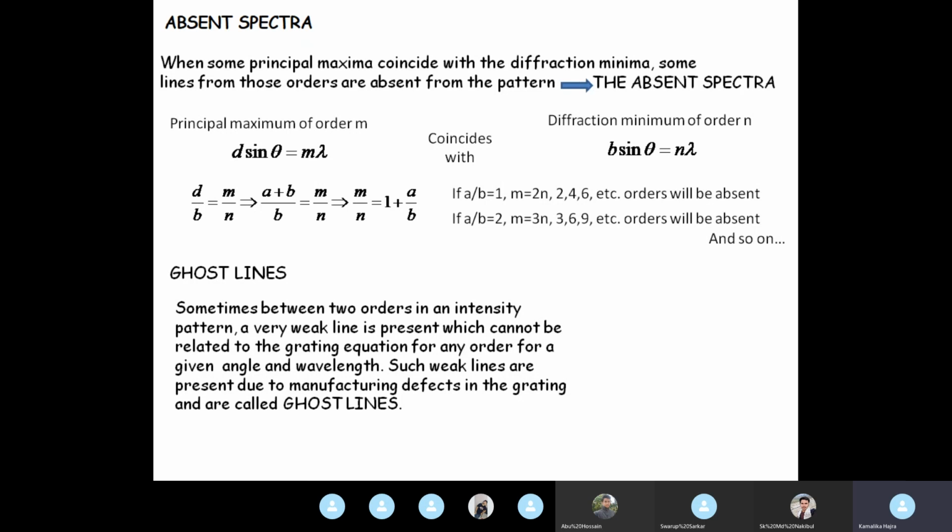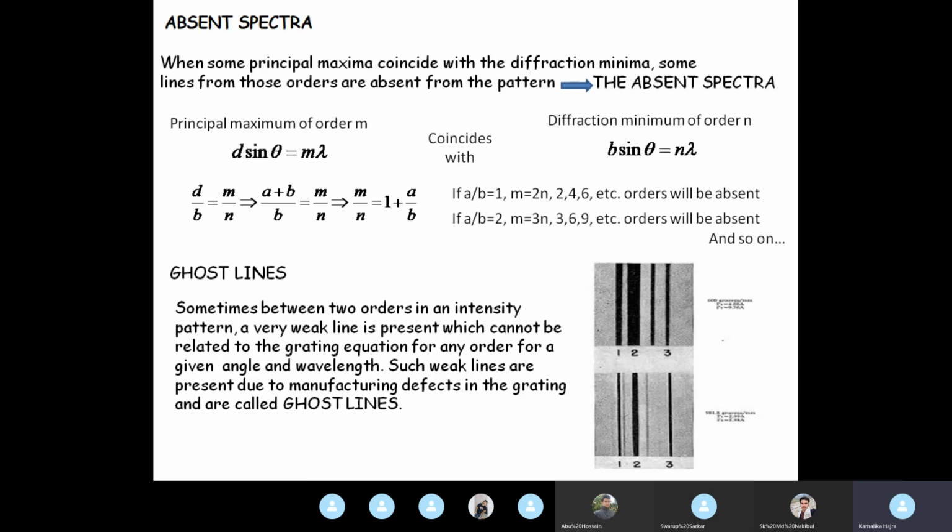So basically, these faint lines that sometimes appear on the screen cannot be accounted for. They typically result from defective manufacturing. You can understand that in the factory, when a grating is manufactured mechanically, the machine is grooving on the glass plate, and around 15,000 lines per inch are being etched. Mistakes happen, and it is due to such manufacturing defects that ghost lines appear.